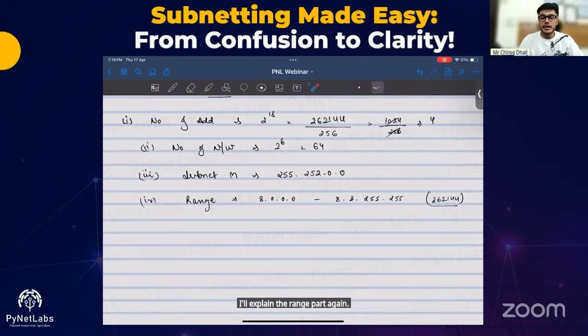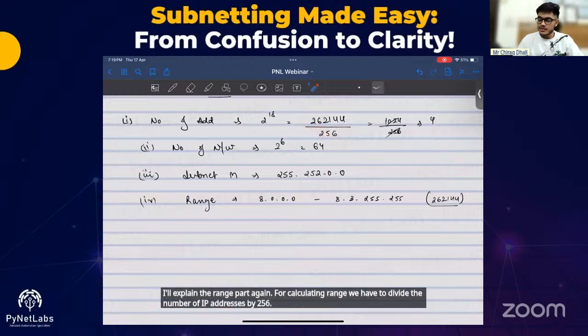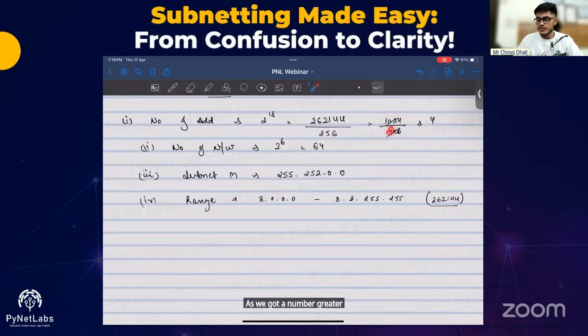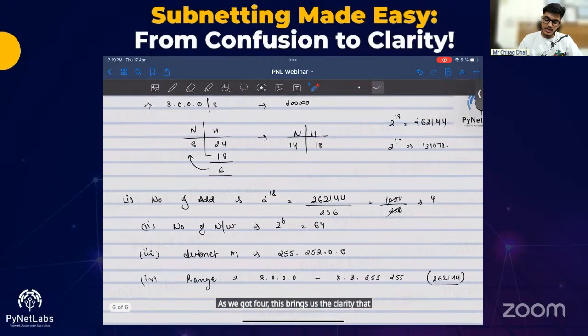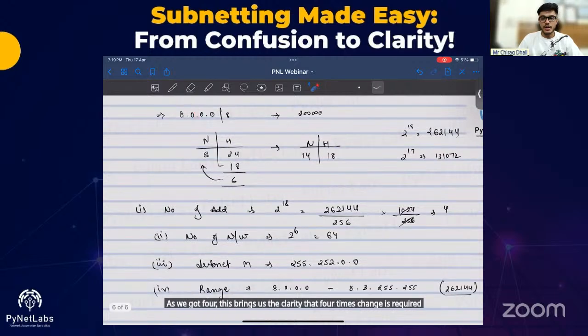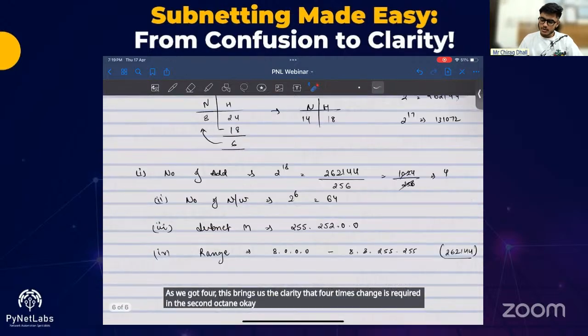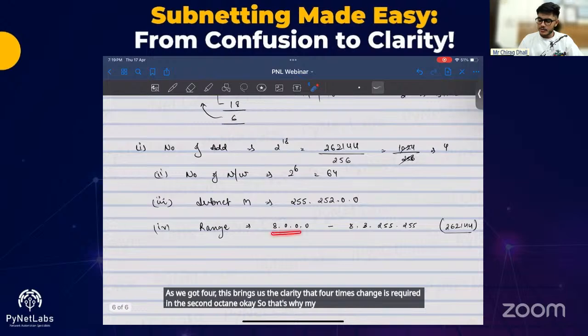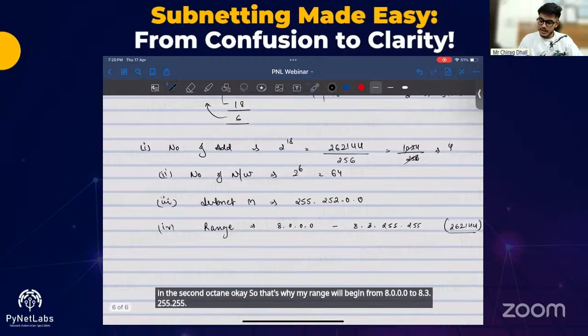For calculating range, we have to divide the number of IP addresses by 256. As we got a number greater than 256, we divided it again. We got the value as 4. As we got 4, this brings us the clarity that 4 times change is required in the second octet. Okay. So that's why my range will begin from 8.0.0.0 to 8.3.255.255, which actually accommodates